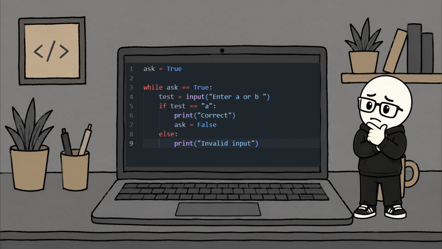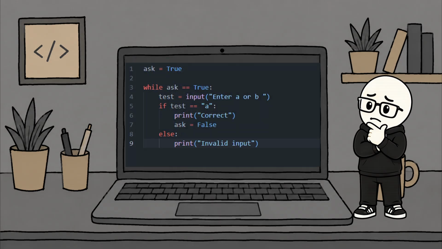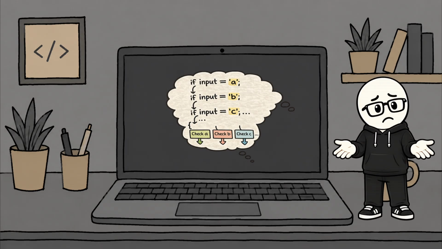I needed to check for multiple valid inputs. At first, I only managed to get it working for a single input. For example, entering A worked, but entering B didn't. That completely confused me. For a moment, I even considered creating separate checks for every possible input, but that felt